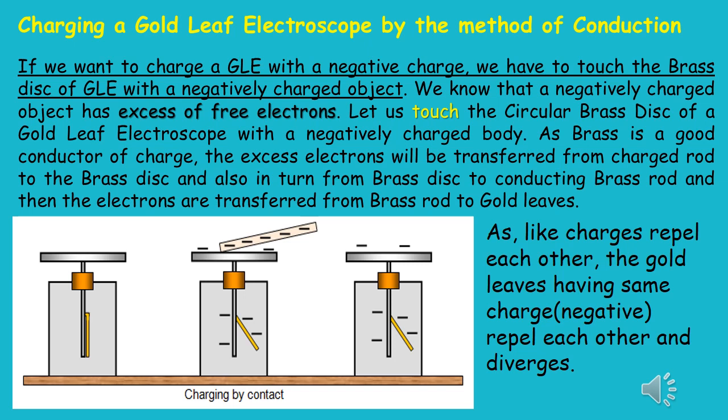Charging a gold leaf electroscope by the method of conduction. If we want to charge a gold leaf electroscope with a negative charge, we have to touch the brass disc of the gold leaf electroscope with a negatively charged object, maybe an ebonite rod rubbed with cat skin. That's a common example we have done last class, or any other object which is negatively charged. And we have already discussed in the method of conduction, we have to touch the uncharged body with the charged